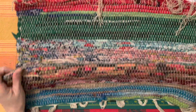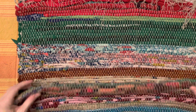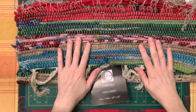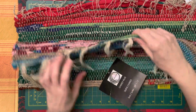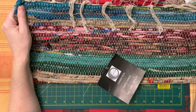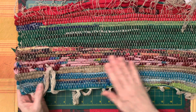And what she was getting was a lot of black fabric, a lot of very, very dark fabric, and that made her dissatisfied. So I wanted to see if I could find another one. Now this was the only chindi that was in the dollar store that I bought in the first dollar store. There were other